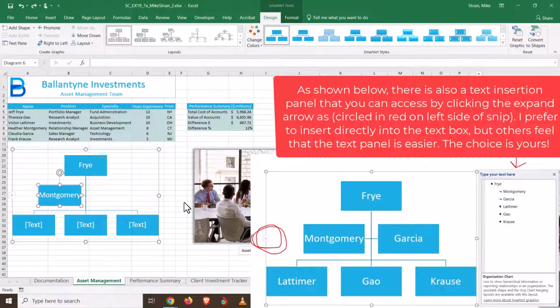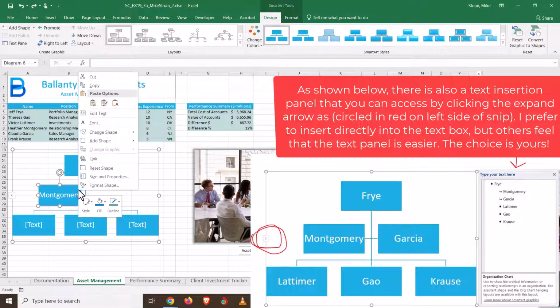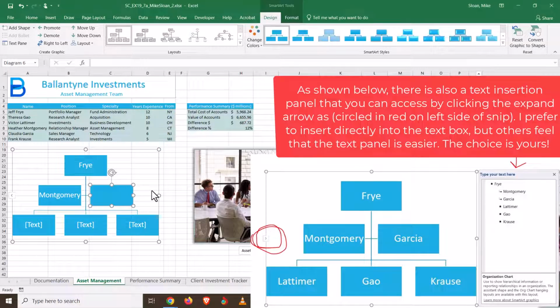So the best way to do that is to right click on the shape you're already on and there's an option to add shape. As usual, there's a whole thing up here with, see, there's add shape right there at the top. I'm going to do it. I love right clicking. So just add shape after, and it should put it right in sequence, right? In terms of how a hierarchical